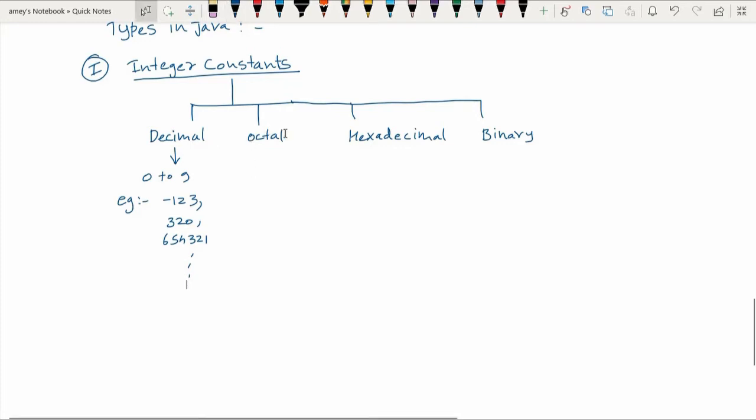Let us next go to octal. Octal integers are any combination of digits from 0 to 7, a total of 8 digits, and there should be a leading 0.